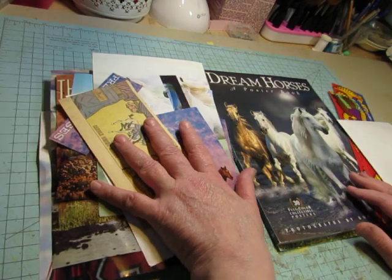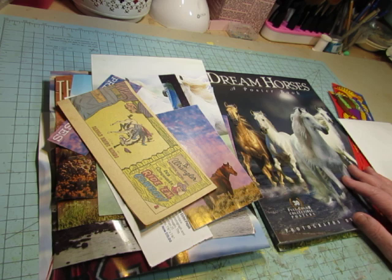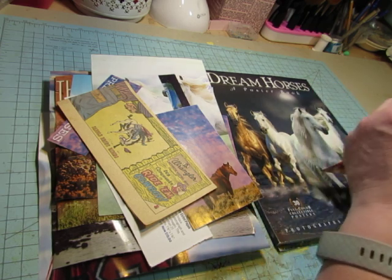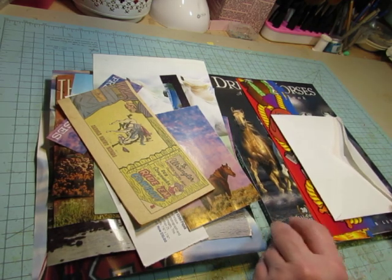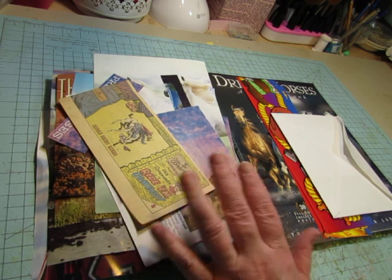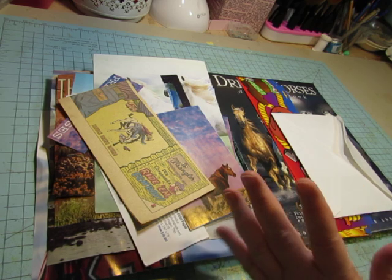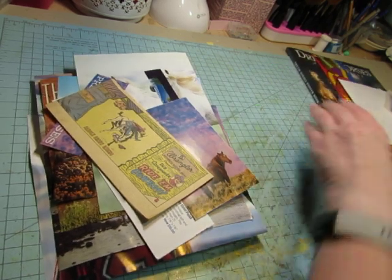This one was a couple weeks ago or so, and then she found some more that she wanted to include, so she messaged me to see if it was too late, if I had already started or finished the horse journals that I said I was going to make. And I hadn't even started them yet. I had shown the digital kit that I was going to use, and I think maybe I showed book covers, I don't know. So she knew I was going to do a horse journal